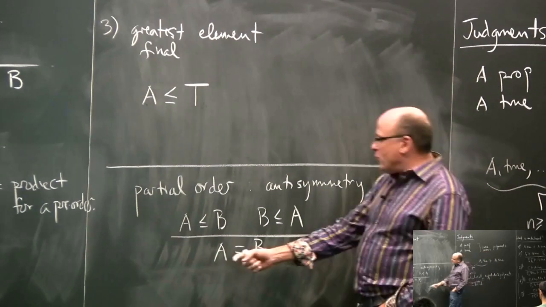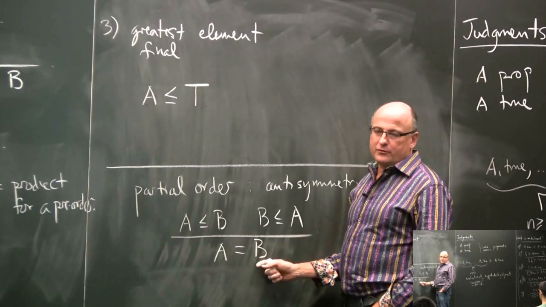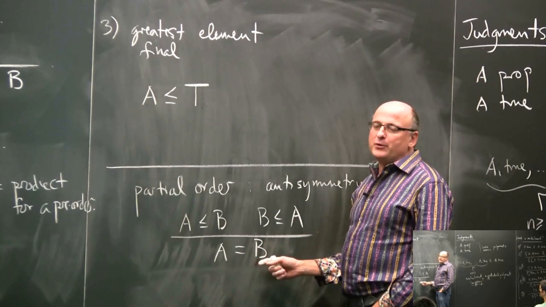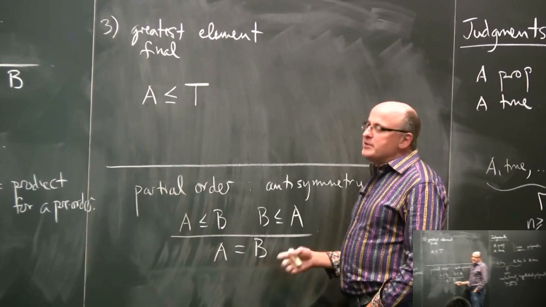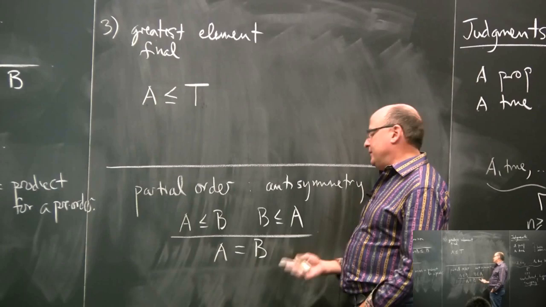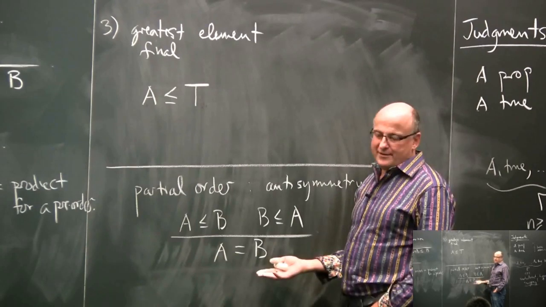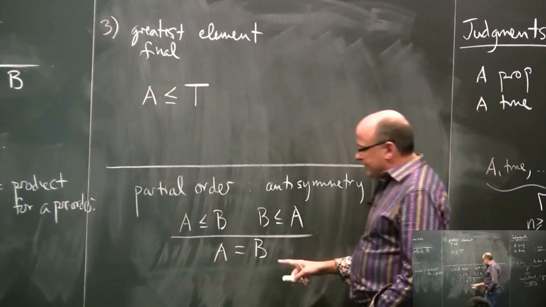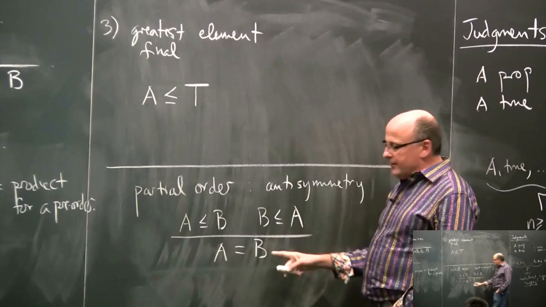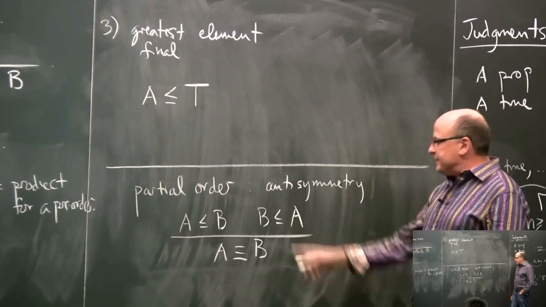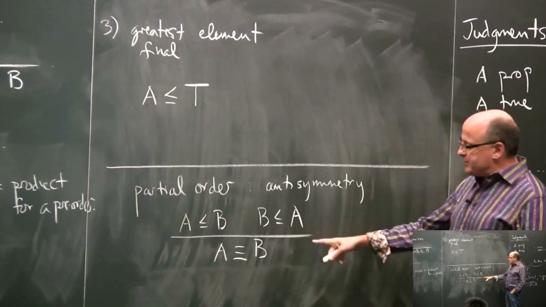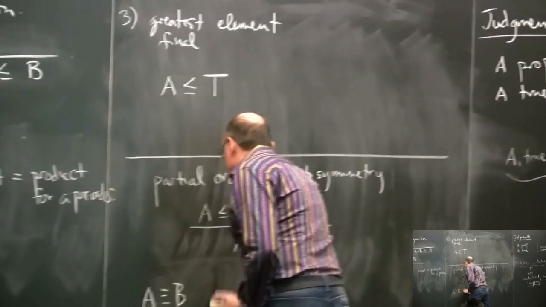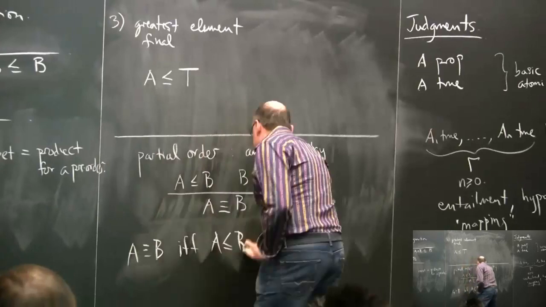But the problem is, what do you mean by equality of propositions, if you're thinking of this from the point of view of logic? I'm going to anticipate the whole principle of univalence, which I'm going to talk about later. The principle of univalence says, what could you possibly mean by equality of propositions that would be interesting? The answer is that you simply define equality of propositions to be interprovability. So this condition becomes trivial, because equality is defined to be the induced equivalence relation. This holds if and only if each is less than the other.